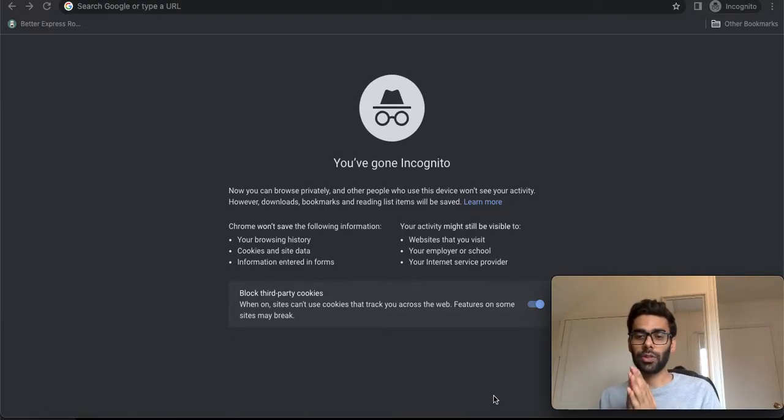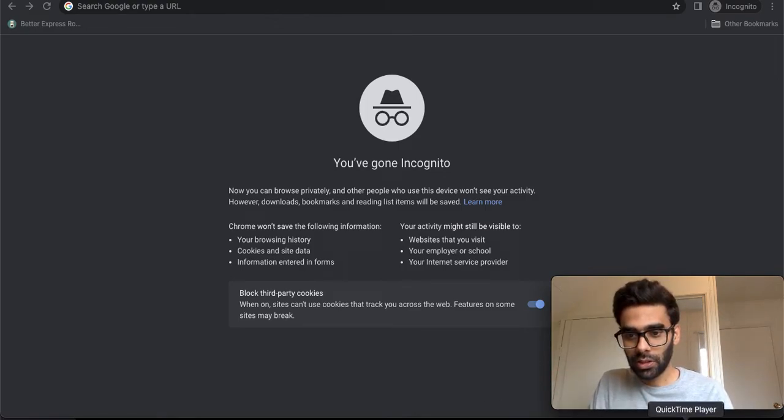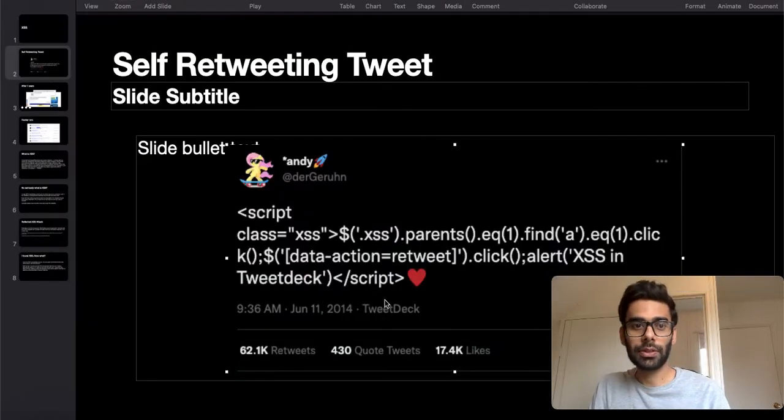Anyways, this video is about the reflected XSS attack. So let's jump right in. Let's talk about the reflected XSS attack first. On your screen, you are looking at